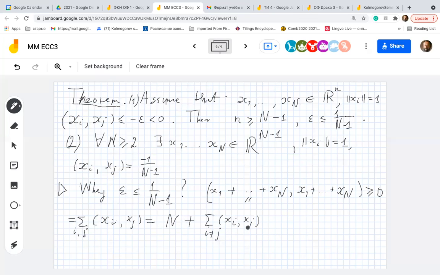There are n squared minus n such terms, and for each term we know that it is at most minus epsilon. So we can upper bound this by n plus n times n minus 1 times minus epsilon. And so we know that this sum is non-negative, larger than or equal to 0. In other words, we know that epsilon times n minus 1